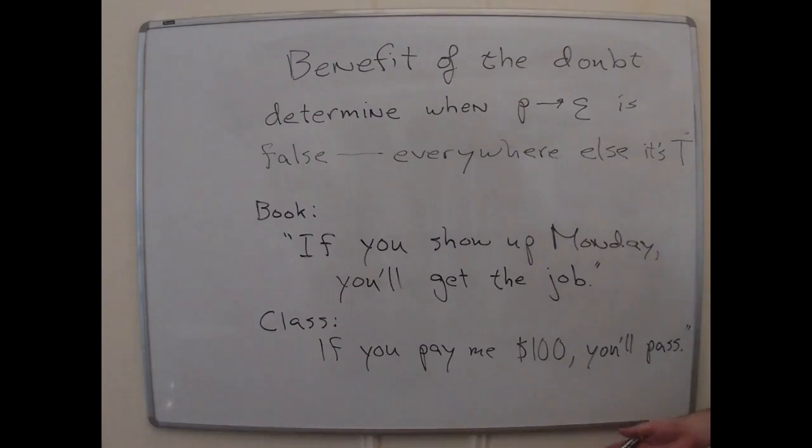And suppose, let's analyze the 4 possibilities. You could pay me, and then you could pass. Then my statement would have been truthful. Illegal probably, and at least unethical, but truthful. What if you pay me the money and I still fail you? I'm an unethical jerk in that case, right? And so you would be completely justified in saying that I had lied to you. But,